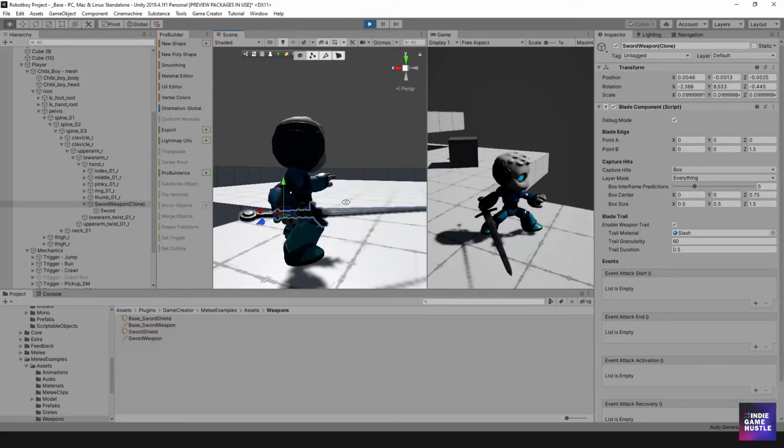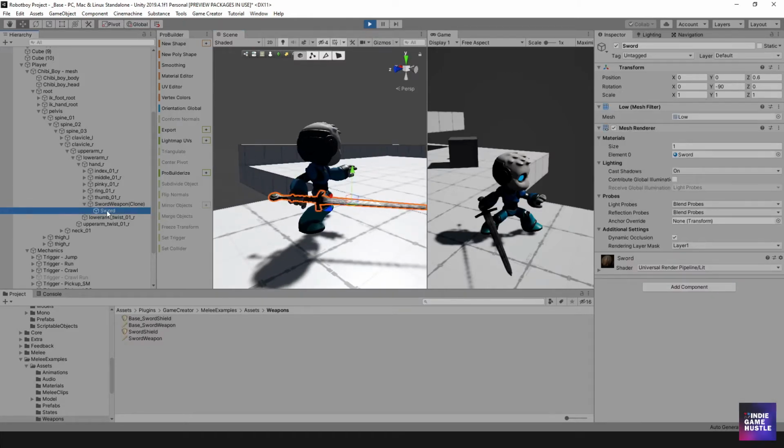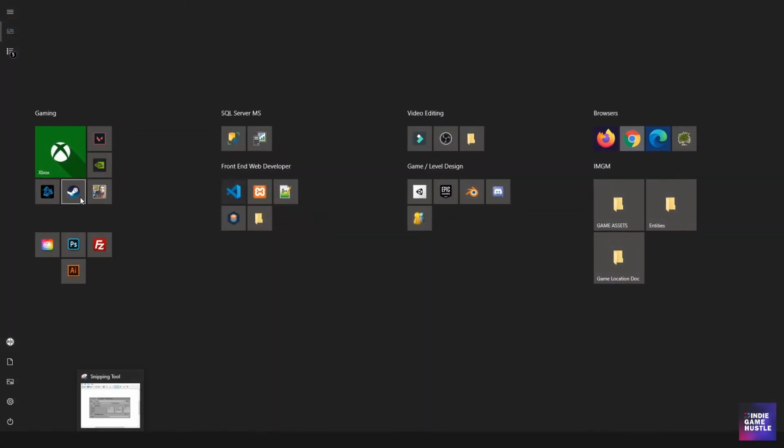All right, cool. I think that will work. And just make sure that you're not selecting this. Make sure you're selecting the sword weapon clone. Okay. All right. So before we actually get out of this play mode, I'm going to use the tool that